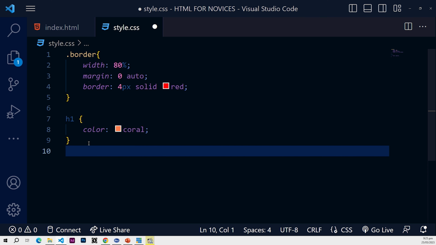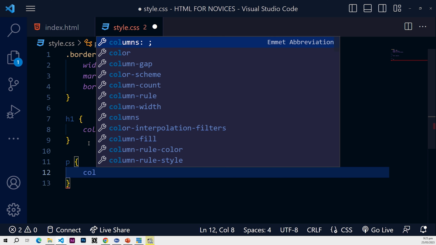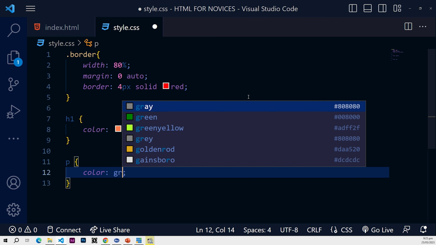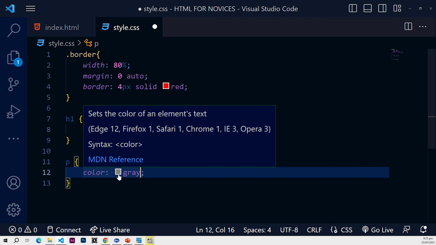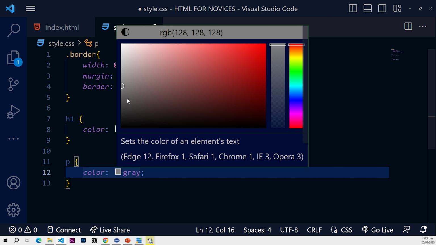And now for the P, which is the paragraph, let's style it with a classic gray. So let's start typing gray. And then we're going to change this value. There's a trick in Visual Studio Code which makes everything simple for you. If you want to change the value